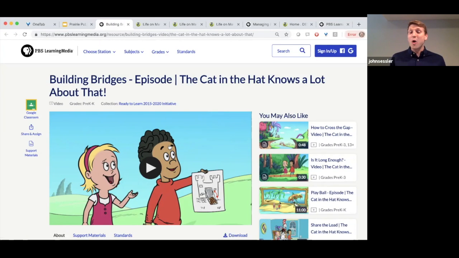And not only are they learning about structures, but they're also learning about properties of materials. What kind of materials make a strong bridge? And what kind of different bridges are Sally and Nick exploring during the episode? Everything from drawbridges to suspension bridges. And it's 11 minutes, but you, of course, can truncate this clip, and you'll see on the right-hand side,